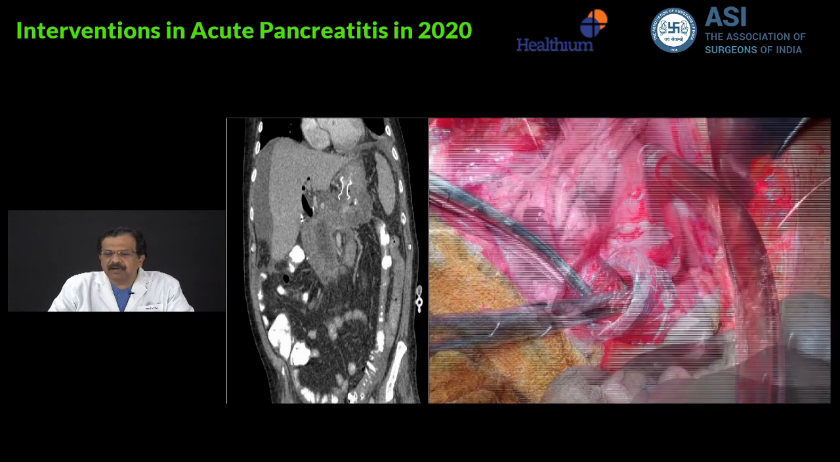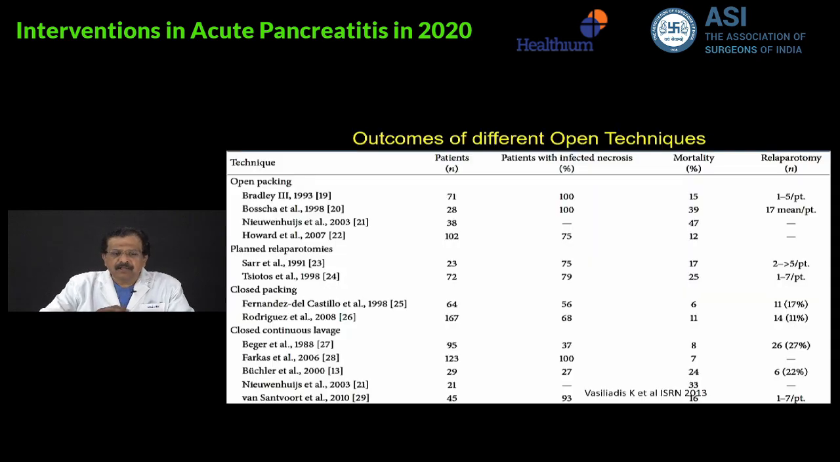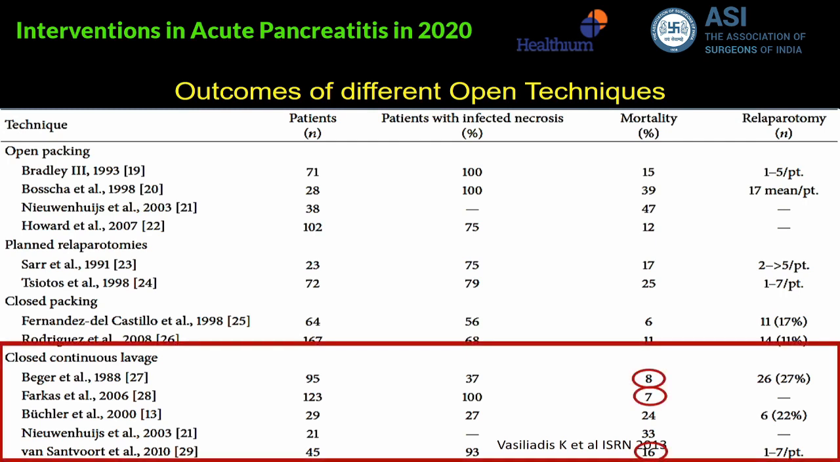Then you do a debridement and subsequently do the course continuous lavage. So what are the outcomes of different surgical open techniques that we practice? You can see this. Actually, these patients who undergo open procedures, the mortality is less than 10% in the majority of the series. You have large series published from across the globe, which shows the overall mortality is about 10 to